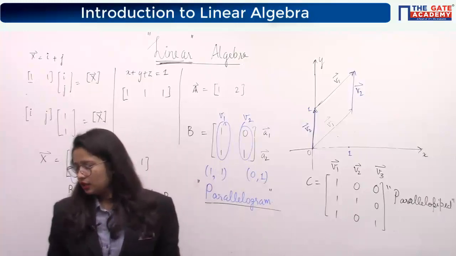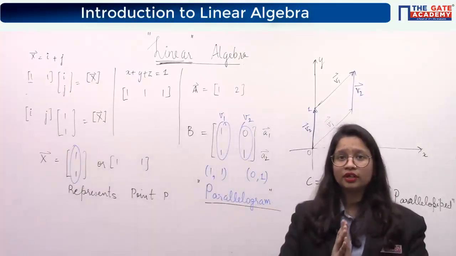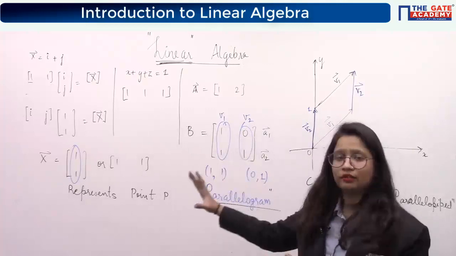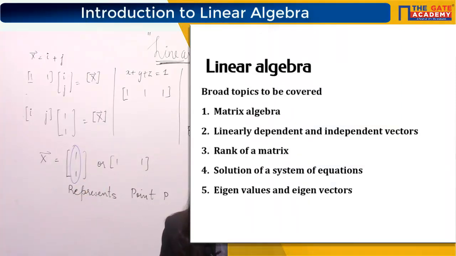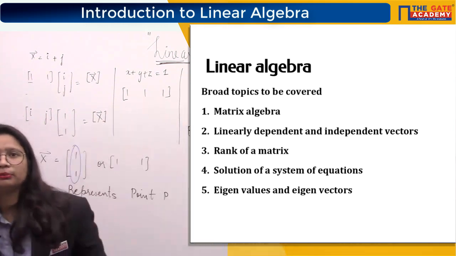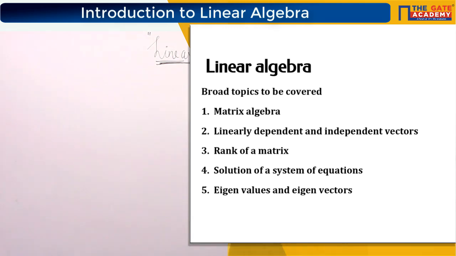Okay. So this was what a matrix is physically, how vectors are related with matrices, and how linear equations are related with matrices. Now coming to the next term in your chapter name. The next term is algebra. What do you mean by the term algebra? The study of mathematical symbols and the rules for manipulating these symbols.